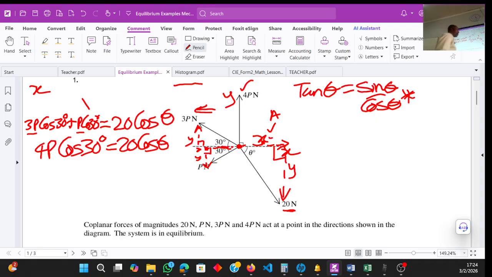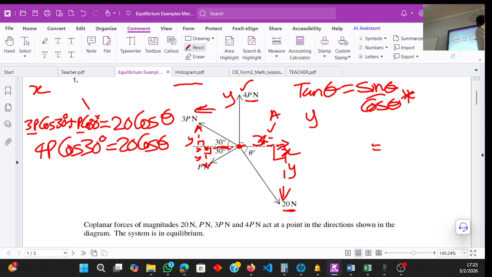Right, let me move to the other side where I'll deal with the y component. Now, the y component is the vertical line. Remember when I was operating on this, I said we're not going to worry about the horizontal or the x component of the vector 4p. Why? Because it's in line with the y-axis, so it does not have an x component. Now, within the y, as we did with the x, we're going to put an equal sign. Then we say above the